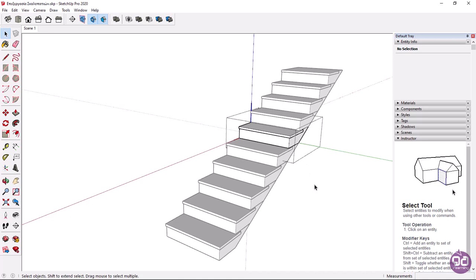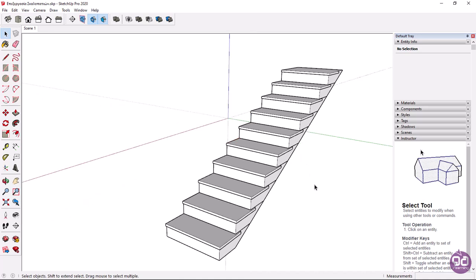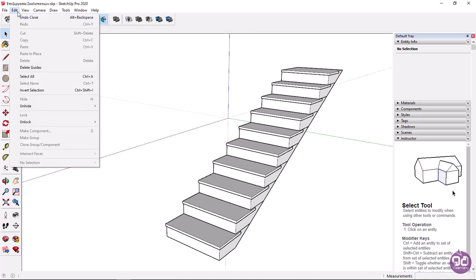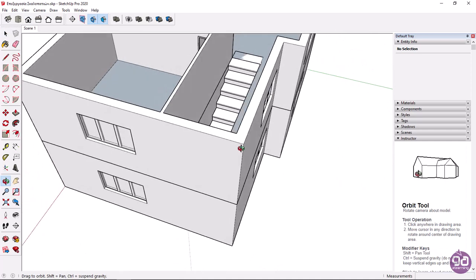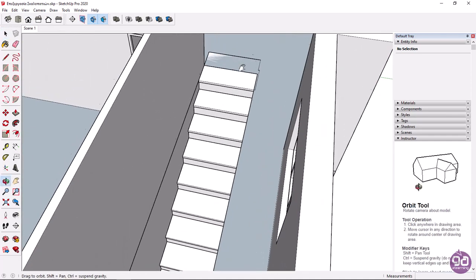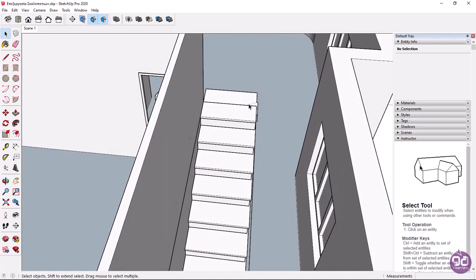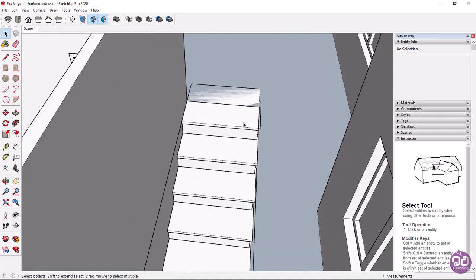Now to make the building floors visible again, I will expand the Edit menu, hover the cursor over the Unhide option, and finally select the All option. Notice that the first step doesn't appear correctly. This happens because the surface of the top stair coincides with the surface of the floor. Unfortunately, this is something you cannot avoid, so the only way to correct it is to delete the top step